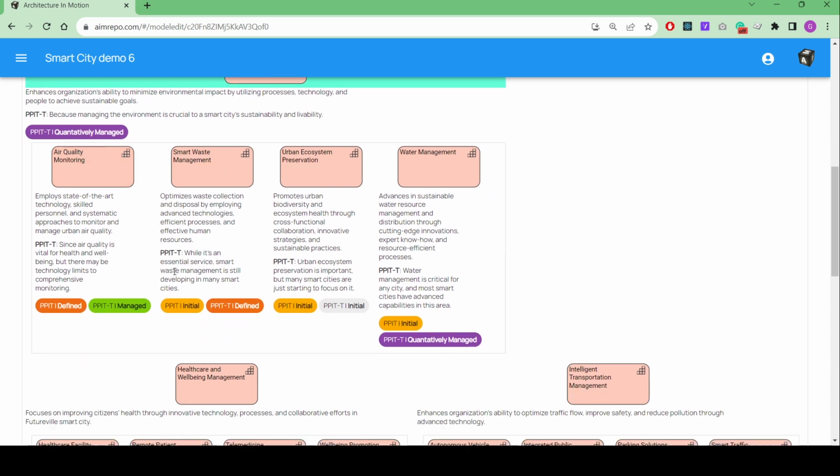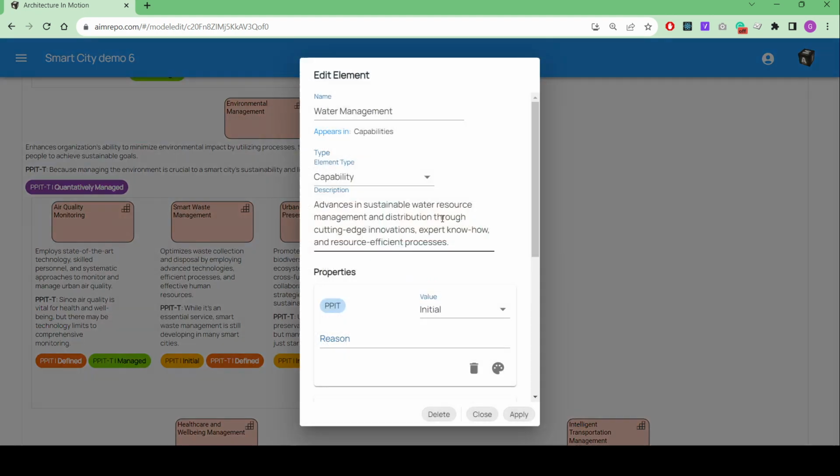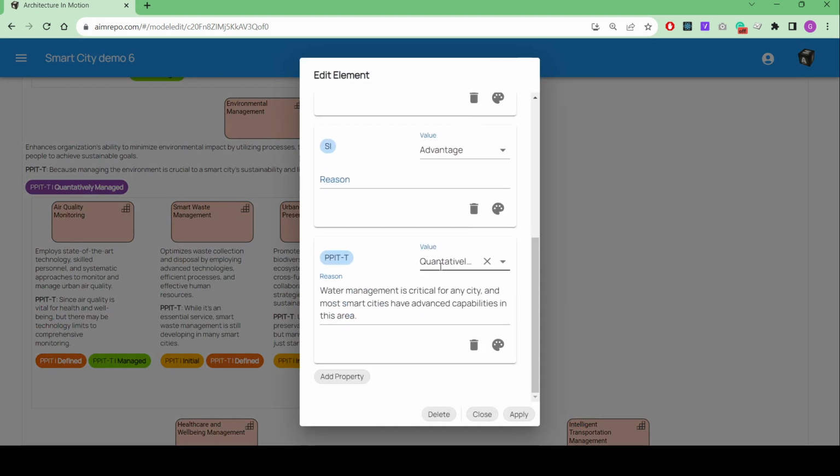All right, so there we are. So you can see we have PPIT target values: managed, defined, quantitatively managed, and initial. And it's also given a reason of why it selected that value. So for water management, it's saying water management is critical for any city, and most smart cities have advanced capabilities in this area. So you can go in and, if you don't agree, you can go in and change it